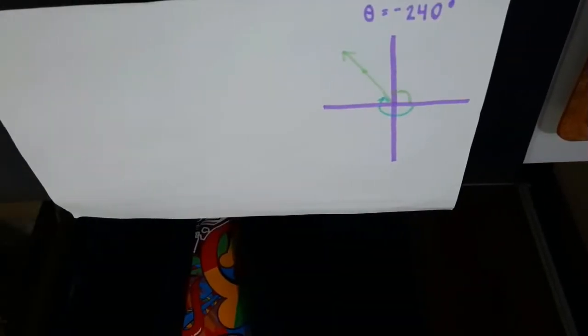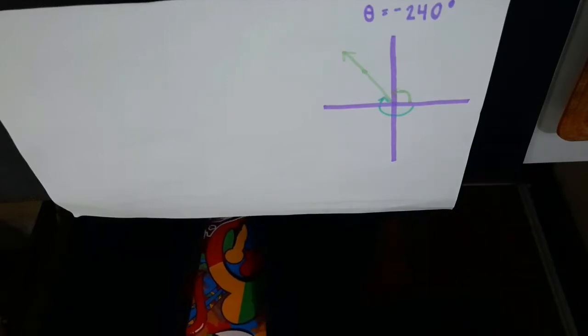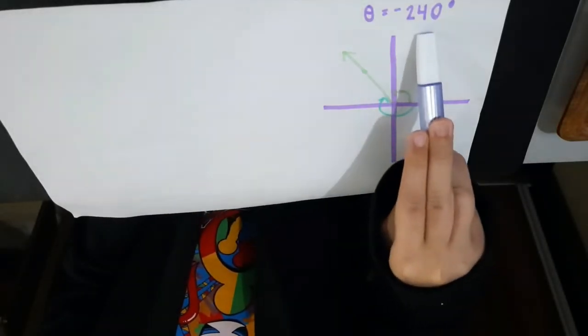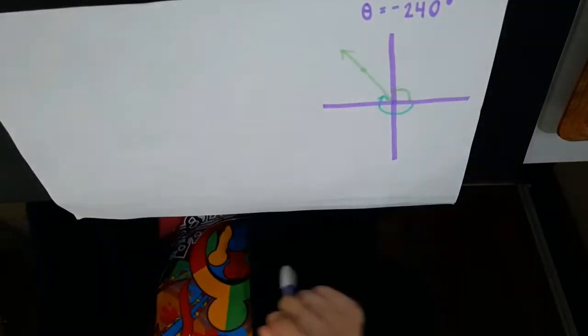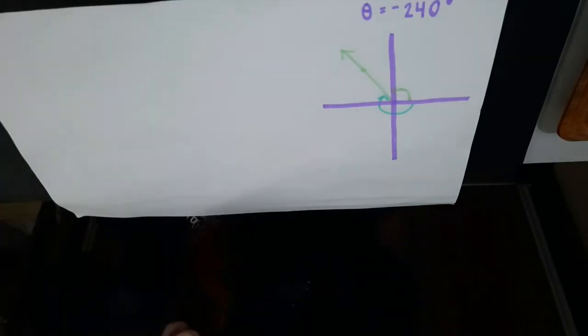So how about we try to find the reference angle of a negative angle? Let's try a negative 240 degrees angle. This angle is found in quadrant 2. So the first thing we have to do is to find its coterminal angle, and this is by adding